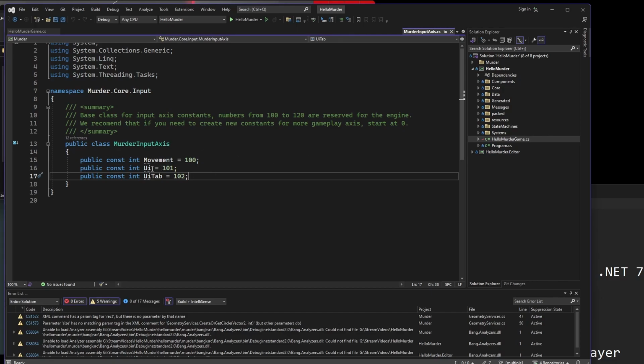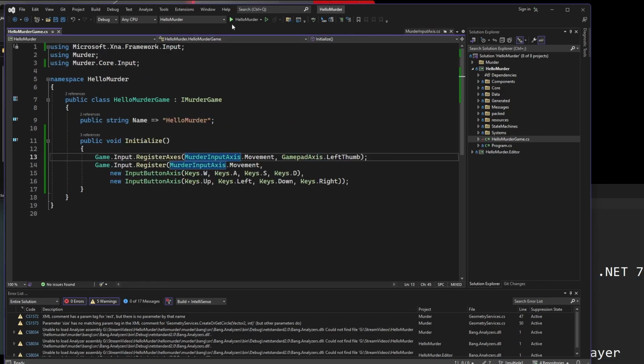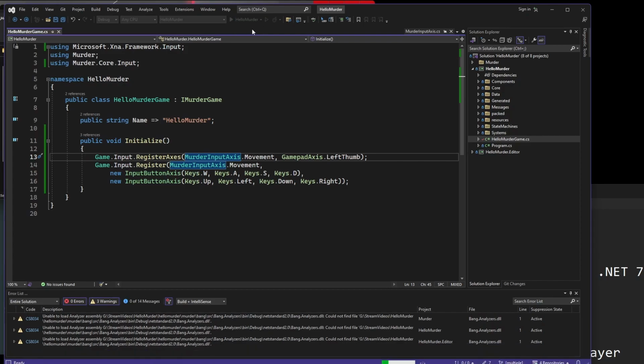One thing I could test to see is if the Gamepad automatically supports the Hello Murder project. And in fact, I might as well do that. So just give me a moment to plug in my controller, and I got the Microsoft logo pop up, but I don't think that showed up on the recording, so that's fine. And if I run the Hello Murder project